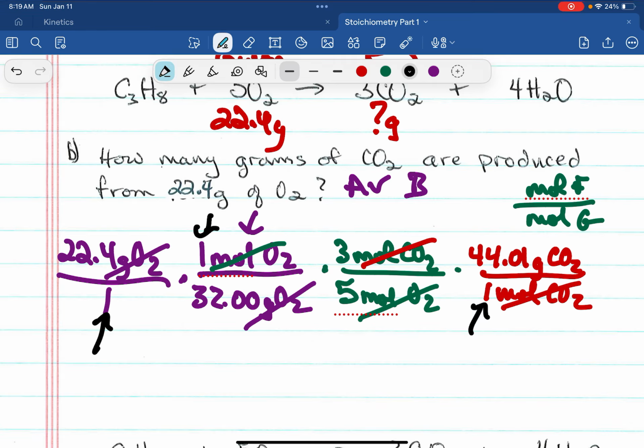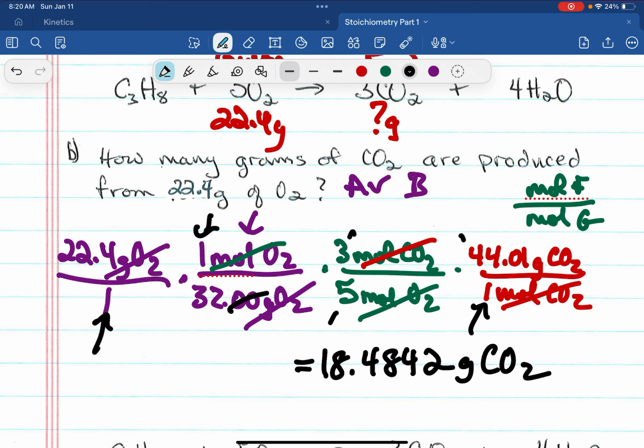So type this into your calculator. 22.4 divided by 32.00. You don't even need the 00. Okay, so 22.4 divided by 32. They're zeros. They're significant, but your calculator doesn't mess with sig figs, right? 22.4 divided by 32 times 3 divided by 5 times 44.01 equals. And when I do that in my calculator, I get 18.4842